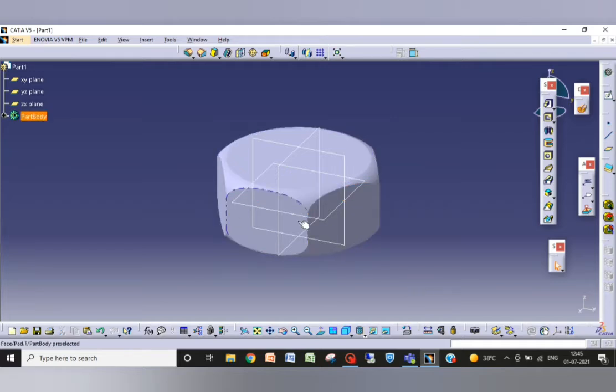Now you can see we got the shape which we need. Elongated, the nut is like this.